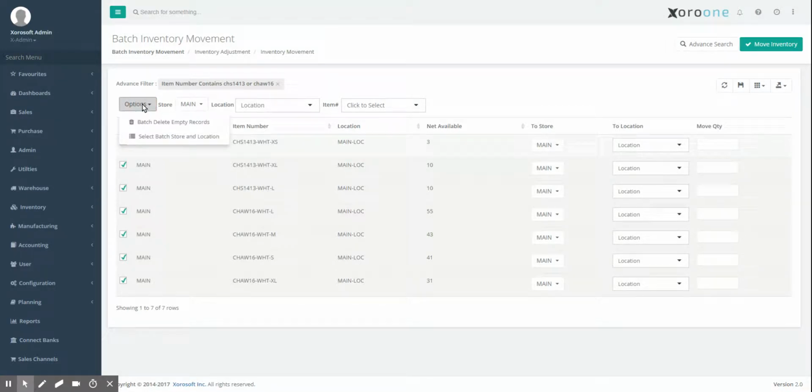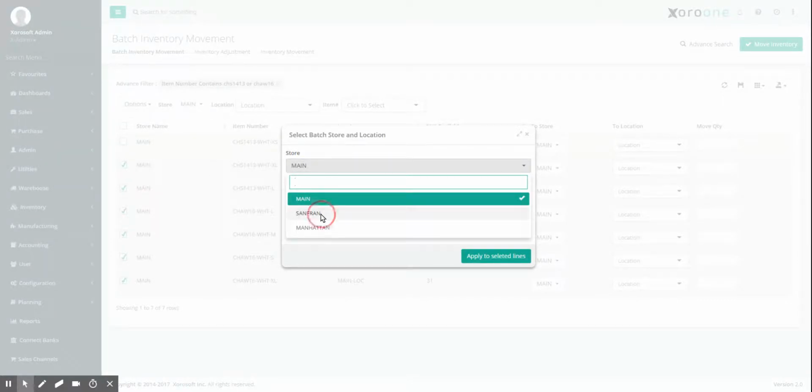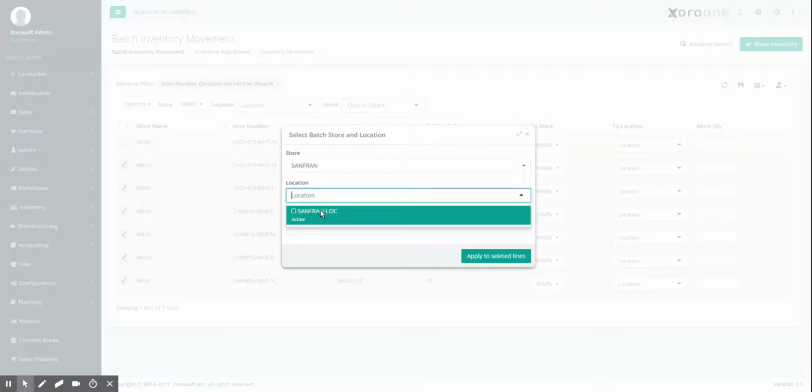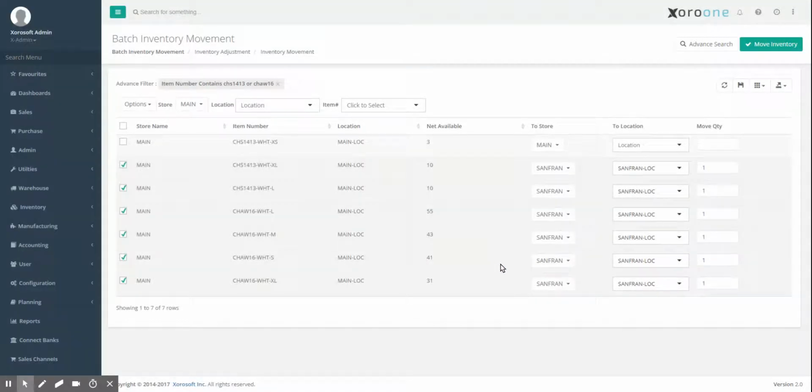Let's go options and then select batch store and location. So I want to go from my main warehouse to my San Fran warehouse. And let's select my regular San Fran location, and how much of each SKU do I want to move. For now, I'll just put one, and let's click on apply to selected lines. So right now it's going to move the selected SKUs from main to San Fran, and it's going to move